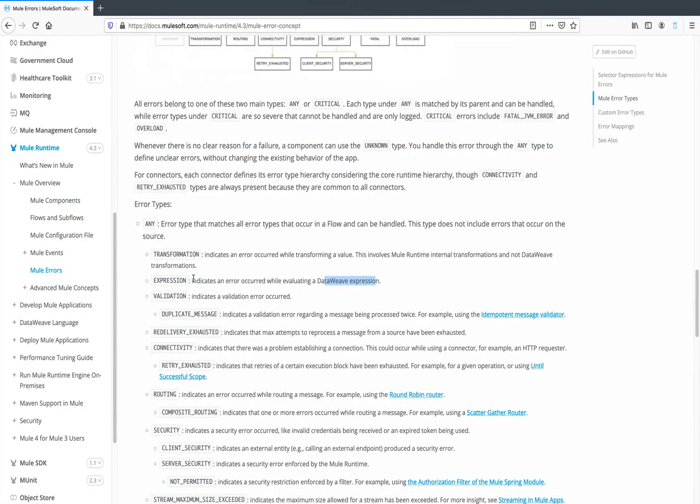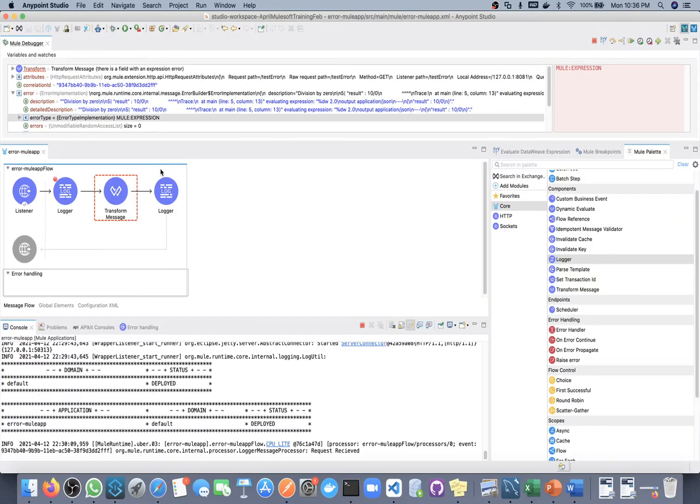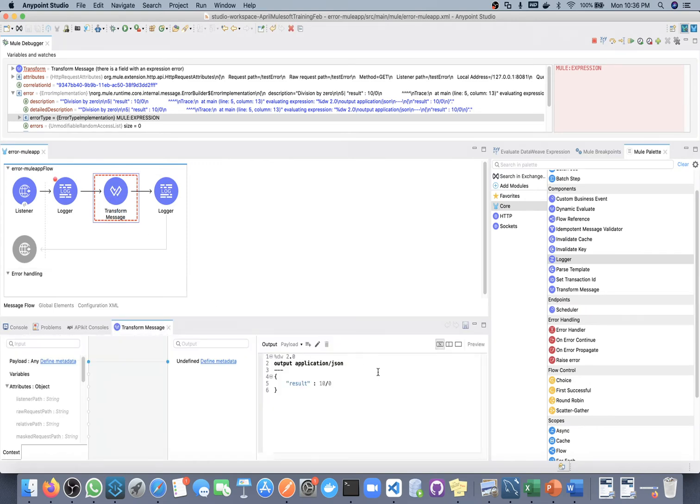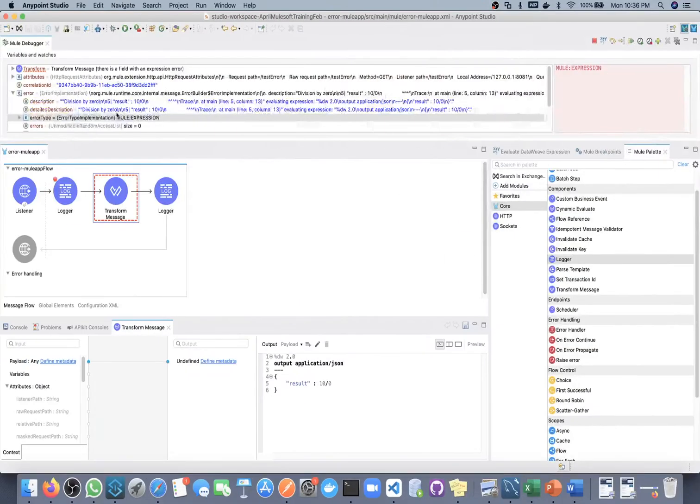Since it occurred while evaluating a DataWeave expression. Here we are getting this error when we are evaluating our DataWeave expression. So here we have a DataWeave expression and it's failing here. Based on this you will get this error type.